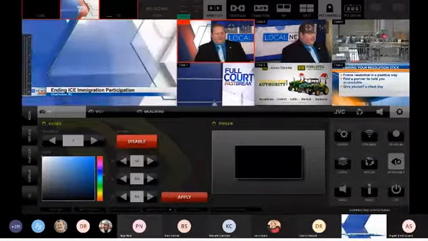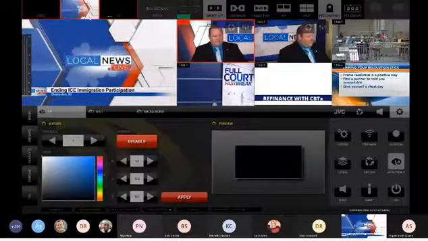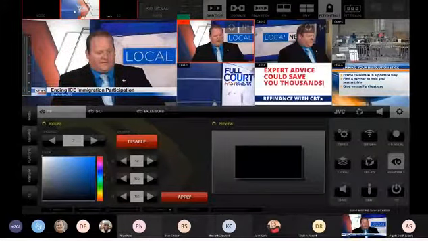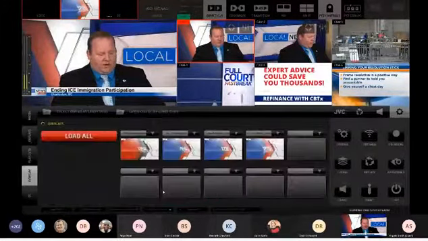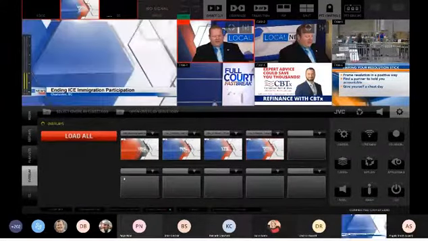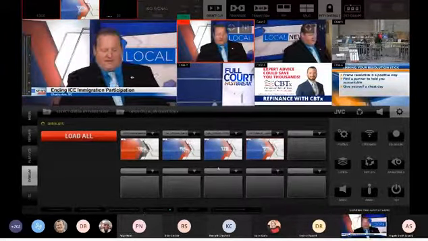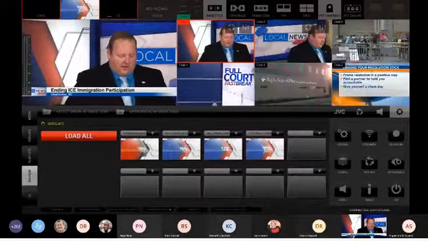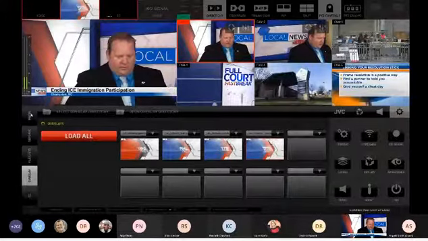The only thing is you've got to make sure, like with these overlays here, if this box is red and you go in and say, oh, I need this overlay right here, it's going to play it if you click on it. You've got to make sure that box is unclicked before you do it. So before I get to the overlays, let me go through